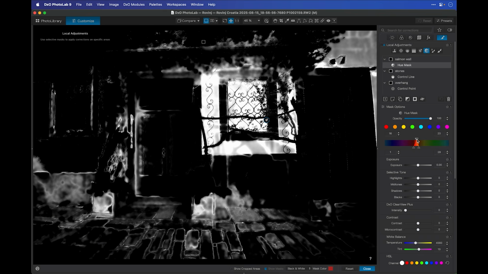Now, unfortunately, because there's so much color in here that is very similar to the color on the wall, I'm not able to really precisely grab just this region here. So I'm going to combine this with a basic brush tool and brush away some of the other parts that have been selected. So with the brush tool selected and my salmon wall mask still selected as well,